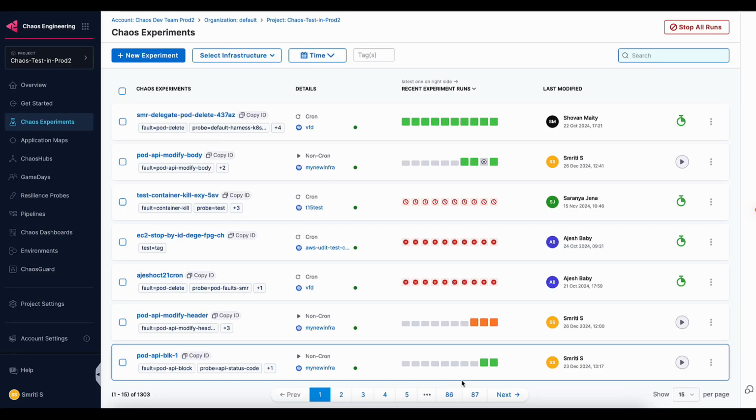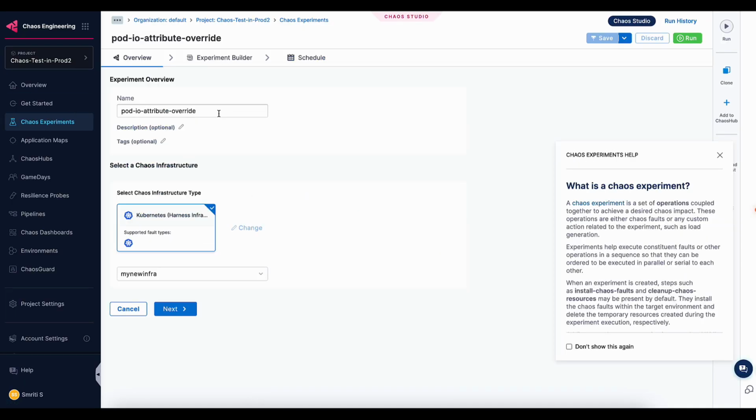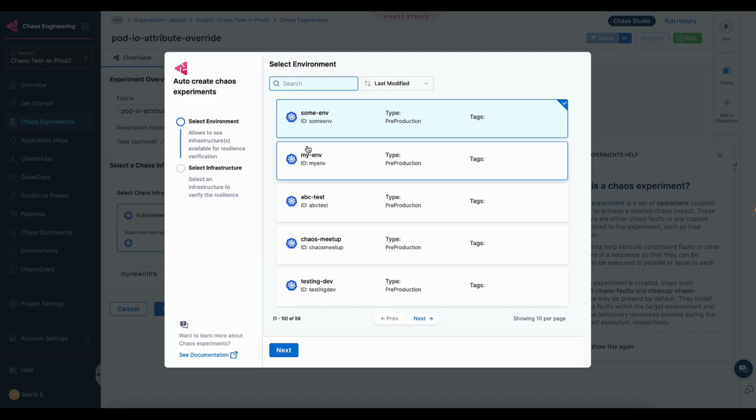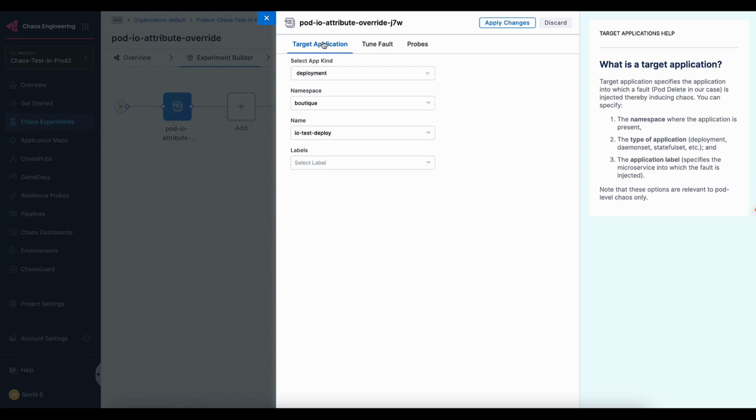To configure the experiment, go to chaos experiments and click new experiment. Specify a name, the infrastructure type, the environment that you created earlier, click next. Specify the infrastructure that you created earlier and click apply. To configure the tunables, specify the app kind, the namespace where the application resides, the name of the application on